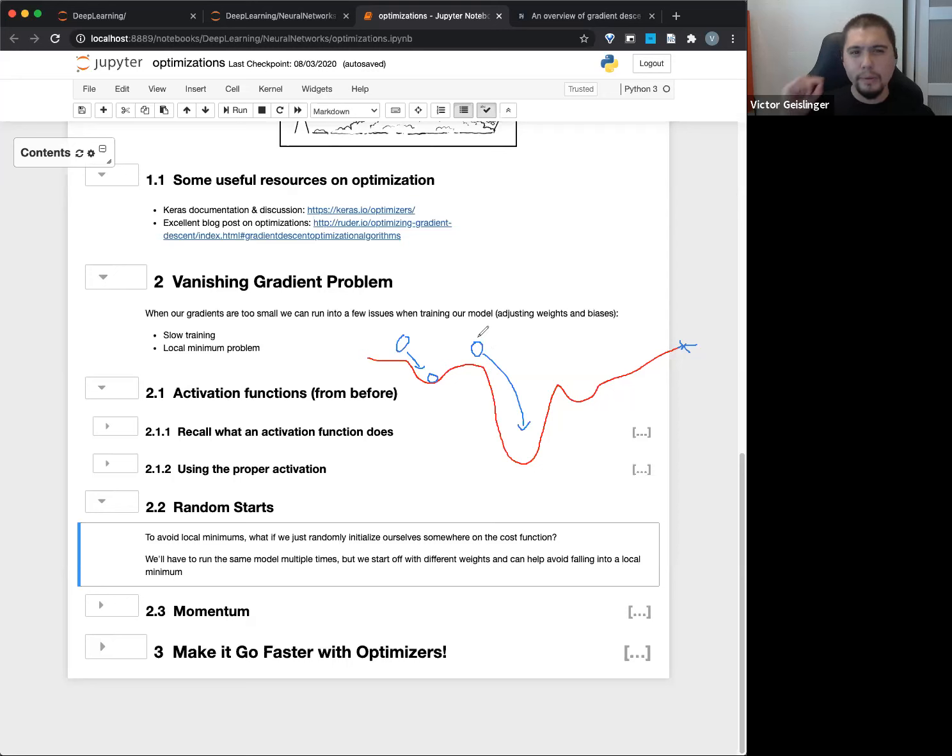So hopefully, when you think about neural networks and machine learning in general, your model is the actual ball, gradient descent is the way the ball tries to find the smallest point, and the actual surface is the cost function, or the loss function, same thing. Okay, cool. Hopefully that gets you thinking about it in different ways. So that's one solution.